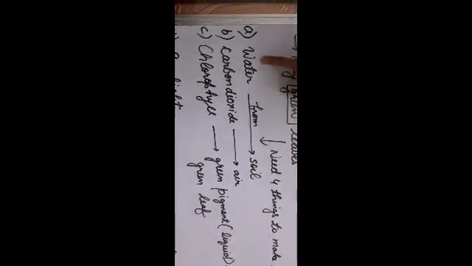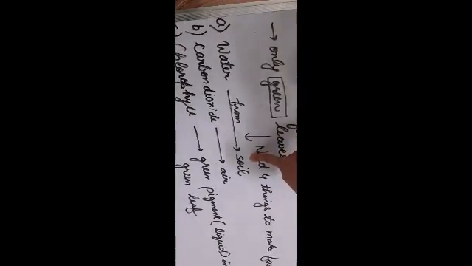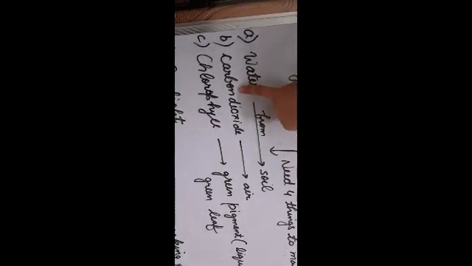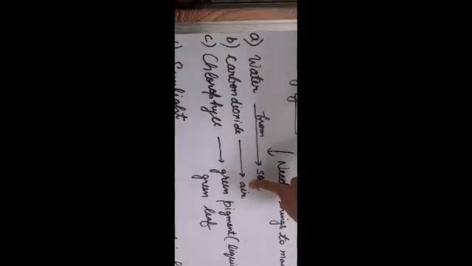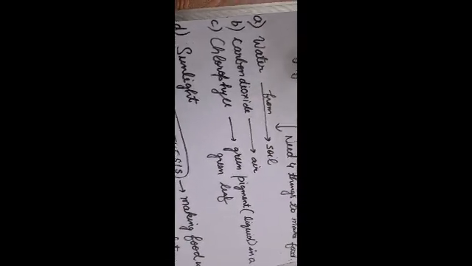First is water. The plant gets water from the soil, which we generally put. We actually water the plants, and the water is absorbed by the roots. So water they get from the soil. Carbon dioxide leaves get from the air, which we give out. When we breathe, we take in oxygen and give out carbon dioxide, and that carbon dioxide which we give out is taken from the air by the green leaves.